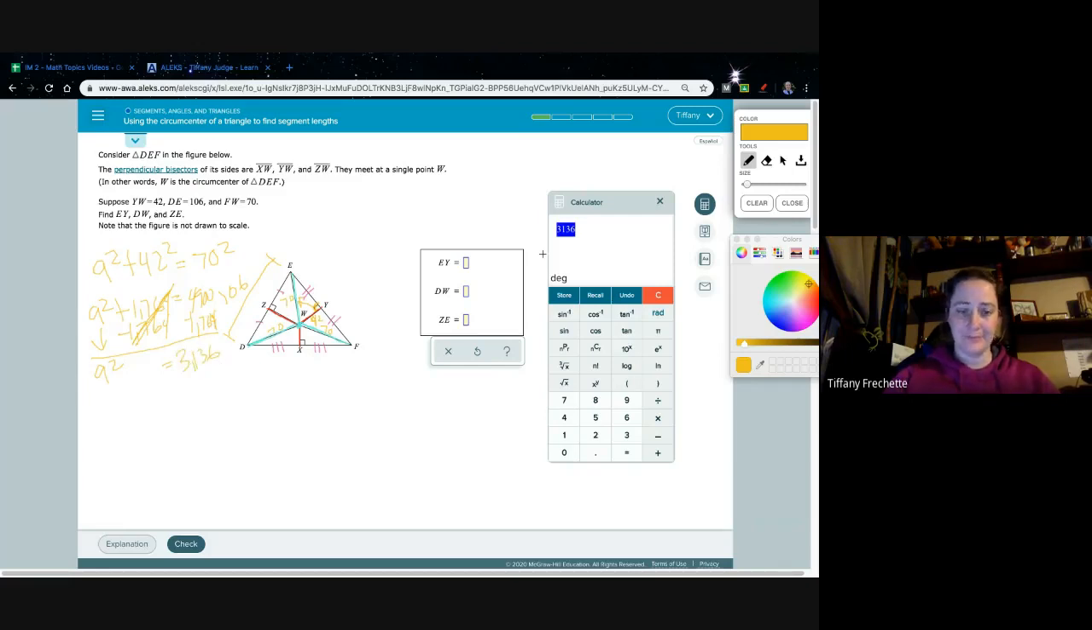3,136. And our last step, remember, I don't want to know what A squared is. I want to know just A. So I'm going to take the square root. And we get, as long as it's highlighted, and click here and then equals. So I get 56. So this is the distance of this one here. So EY is 56. Go back. EY is 56. All right, so DW,